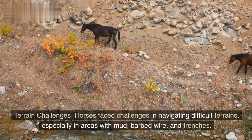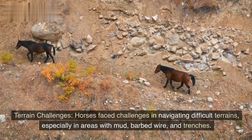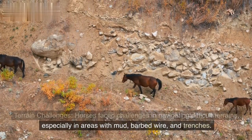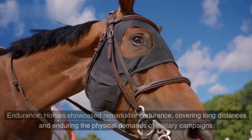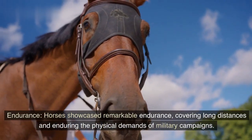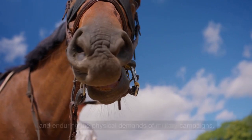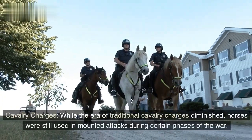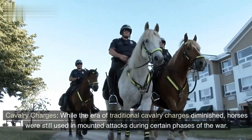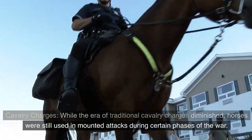Terrain challenges. Horses faced challenges in navigating difficult terrains, especially in areas with mud, barbed wire, and trenches. Endurance. Horses showcased remarkable endurance, covering long distances and enduring the physical demands of military campaigns. Cavalry charges. While the era of traditional cavalry charges diminished, horses were still used in mounted attacks during certain phases